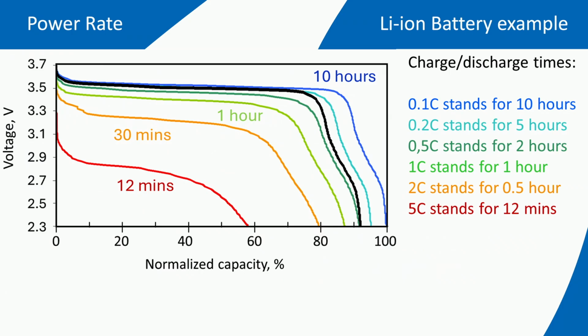A similar curve for lithium-ion batteries is rather difficult to construct. It is therefore that the power rate is shown here as voltage versus capacity curves at different discharge rates. But it doesn't mean that the mechanisms are not taking place. They still are there. Now let's see how these various mechanisms can be analyzed in terms of equations so as to provide the possibility to calculate the power limitations.